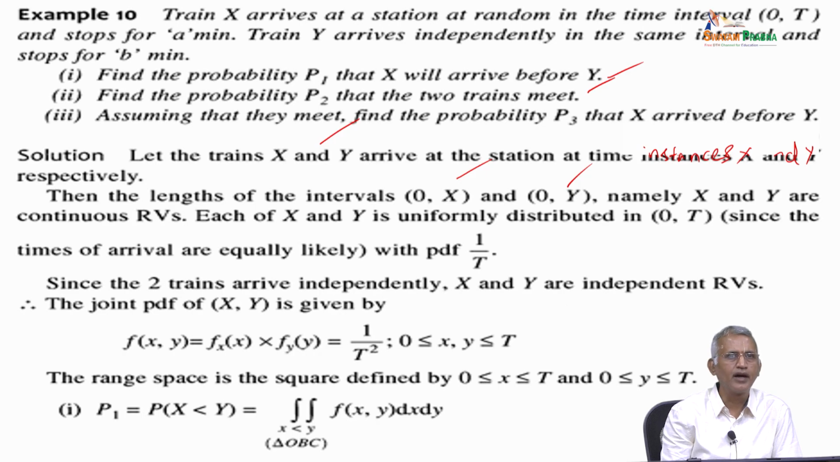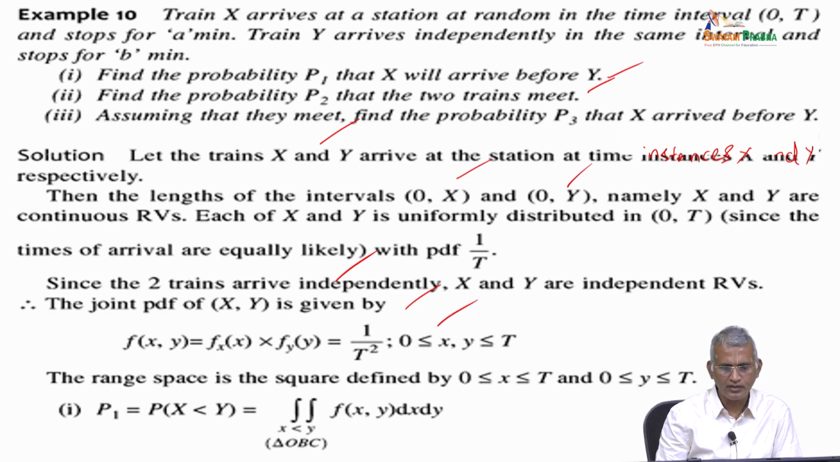Since the times of arrival are equally likely, the probability density function is 1 by t. Since the two trains arrive independently, x and y are independent random variables. So, the joint probability density function of x comma y is given by f of x comma y equal to f of x over x into f of y over y, which equals 1 by t square,